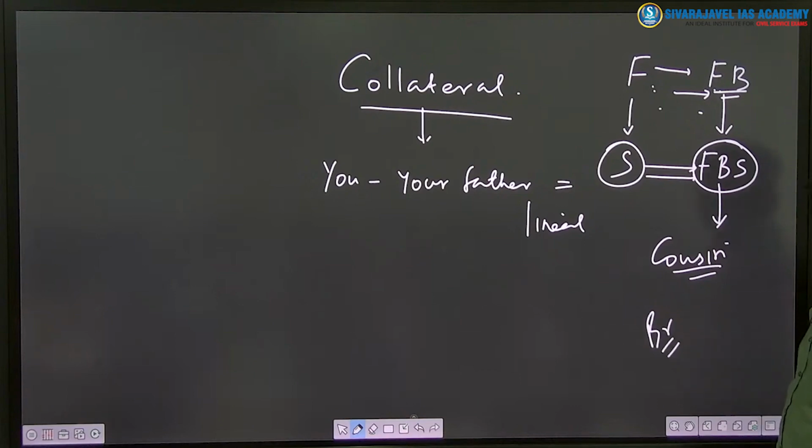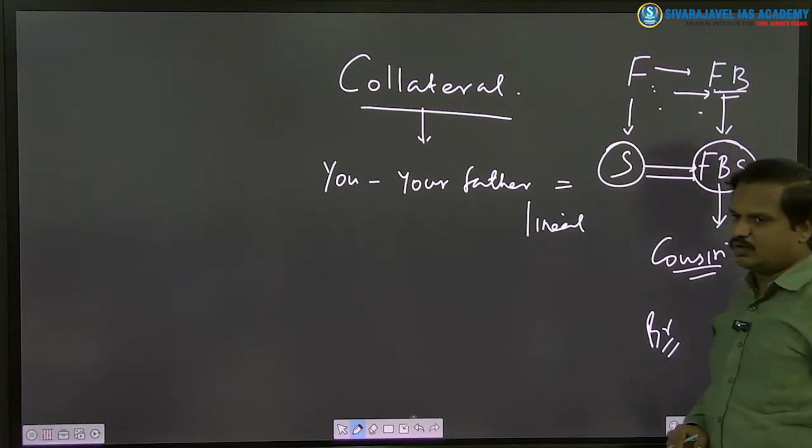Similarly, your brother is also who? Lineal or collateral? Brother is your companion, no. He is your contemporary. He does not belong to some other generation. So same generation people means collateral. Different generation people means lineal. So lineals and collaterals. Technically you need to know, because this is not going to be asked in your UPSC sociology, but you should be aware of the terms. Okay. So lineal and collateral.